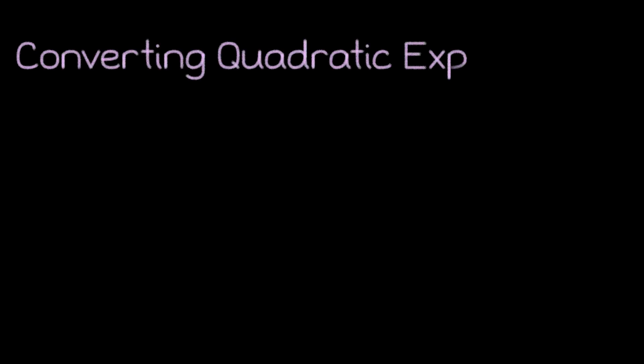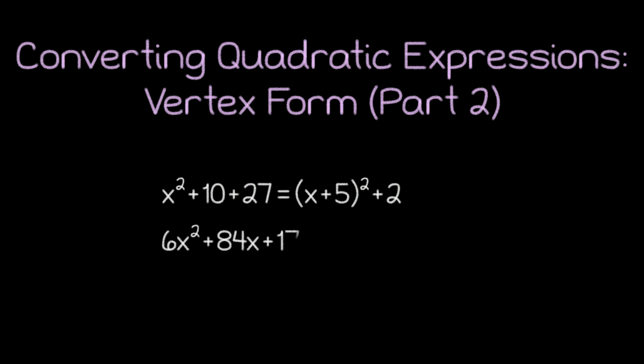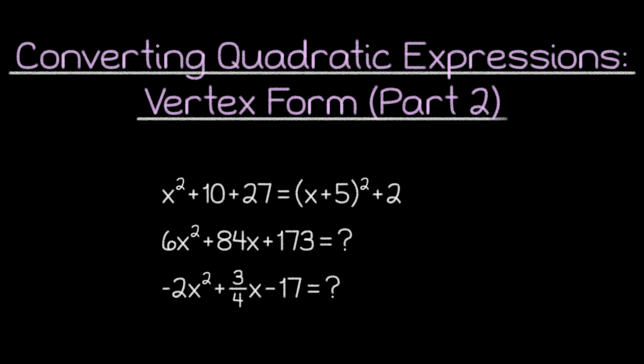In our last video, we learned how to convert some basic quadratics into the vertex form. However, the examples we looked at only had a leading coefficient of 1, and all the parameters in our final answers were integers. So, how does this process work when we have a different leading coefficient? And what will the process look like when we start working with parameters that aren't integers? These are the questions that we'll address in this video as we continue learning how to convert into the vertex form.